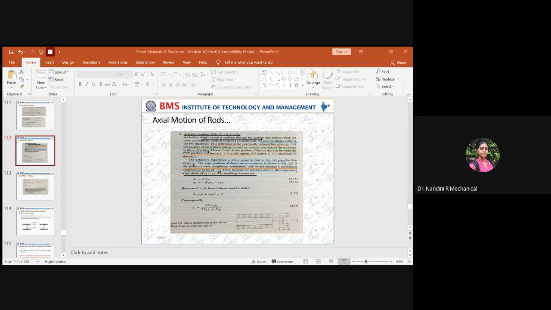So this is across the structure and this is across the piezo element. So the difference between the structure and the piezo element will provide you the net strain, which will be equal to this value. And there will be a minus sign. Remember to write the minus sign because here you are taking in the opposite direction. Okay, so the net strain will be equal to this.